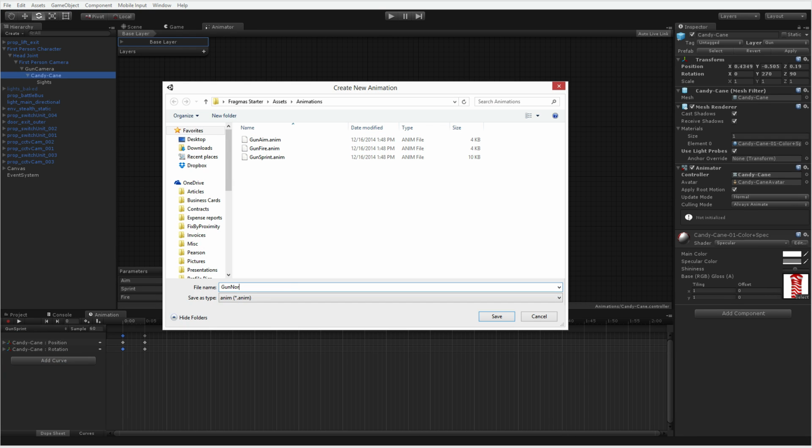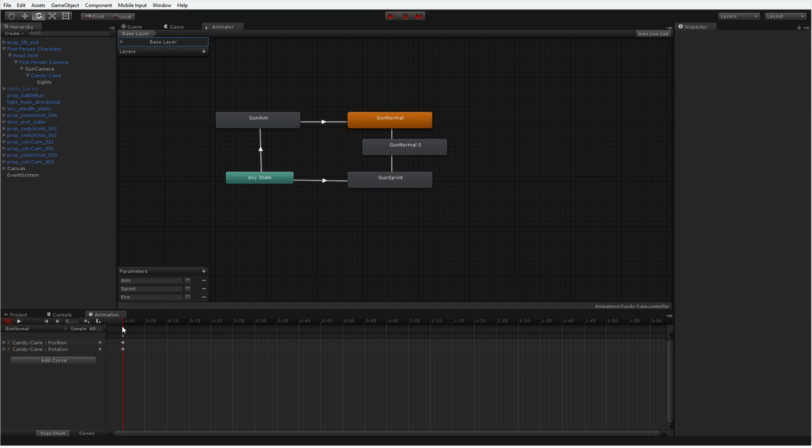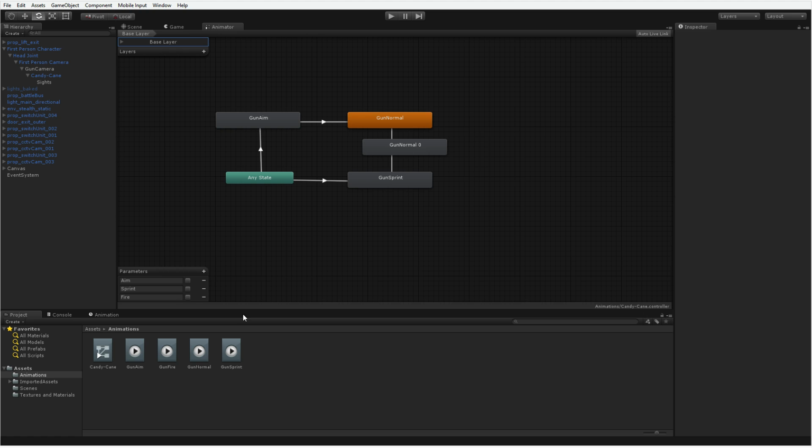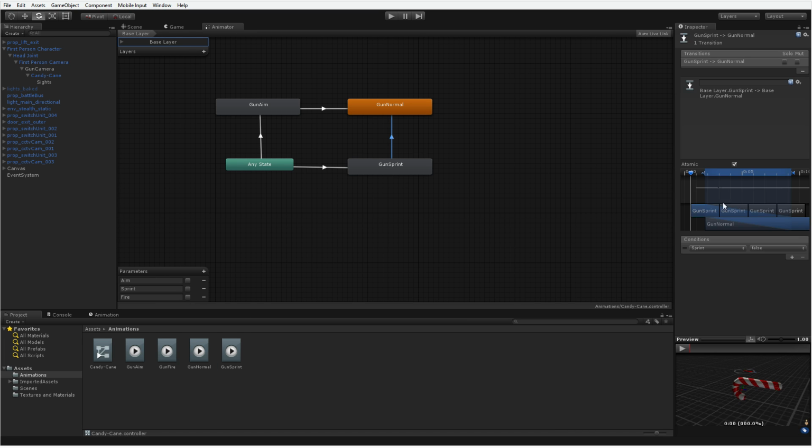This one's just going to be gun normal, and gun normal is going to have a single frame position. Since one of them has rotation, we'll also have rotation. It's just a single frame there, and we're just going to leave that. We don't have to do anything. The animation just has to exist, and that's what's important. You're going to see it's going to fix an issue we have with blends. Now for my gun normal, I'm just going to have the gun normal animation. And now what you can see is we have blends. Before we didn't. Before we had the message, you can't blend because we don't have any animations.